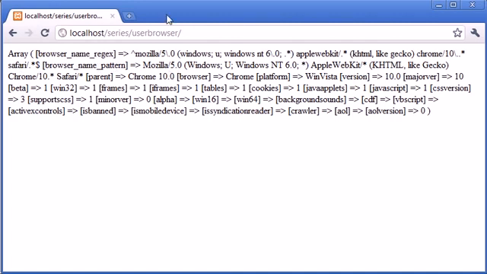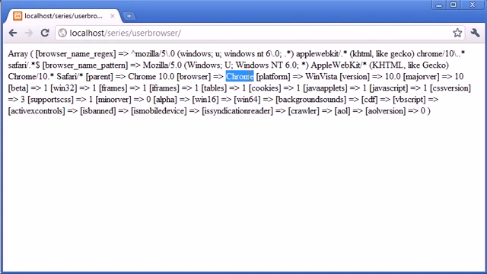I'm using Google Chrome at the moment and things like Mozilla are appearing here, so you might be wondering why that is. Well, if you look through each key, you can see that we've got this key here called browser, and that is equal to the value of Chrome. Then we've got platform, WinVista after that, and so on. So Chrome seems to be the only correct and direct piece of information that we've got. We've just got Chrome there, and nothing else. So this is a really great key where we can extract the value and use this information to detect